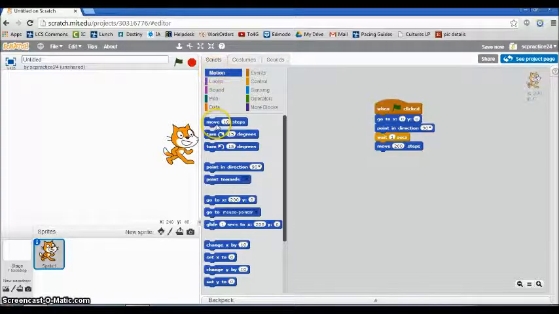One other command that we learned this week was the turn command, and that's back under the motion category. So we're going to drag that command over. Oh, wrong one. If you put in a command that you didn't want, you just unhook it and throw it back over here, and then it'll disappear. We want the turn command, and let's see what happens when he turns 90 degrees. So I'm going to change the numbers here to 90. We'll start him, goes back to the middle, moves 200, and then you can see that he did turn down 90 degrees,